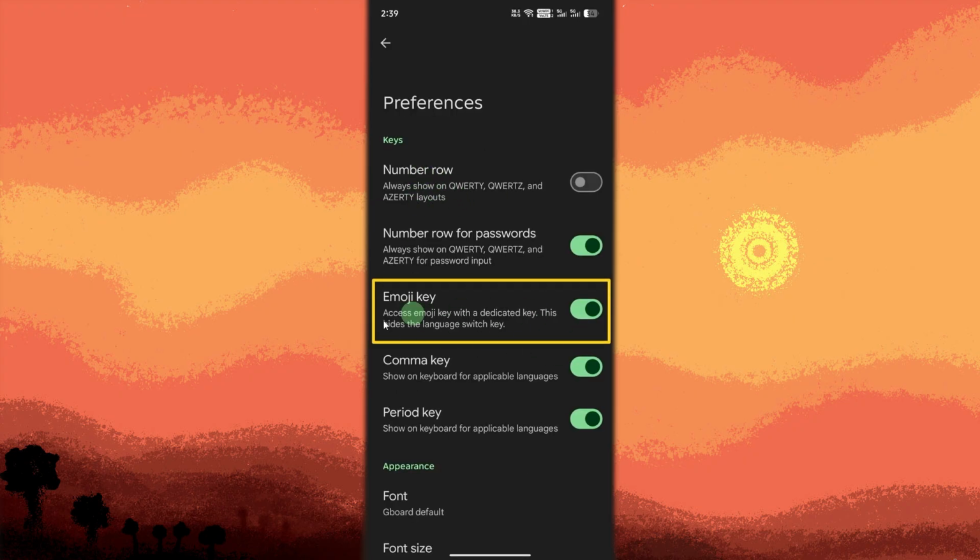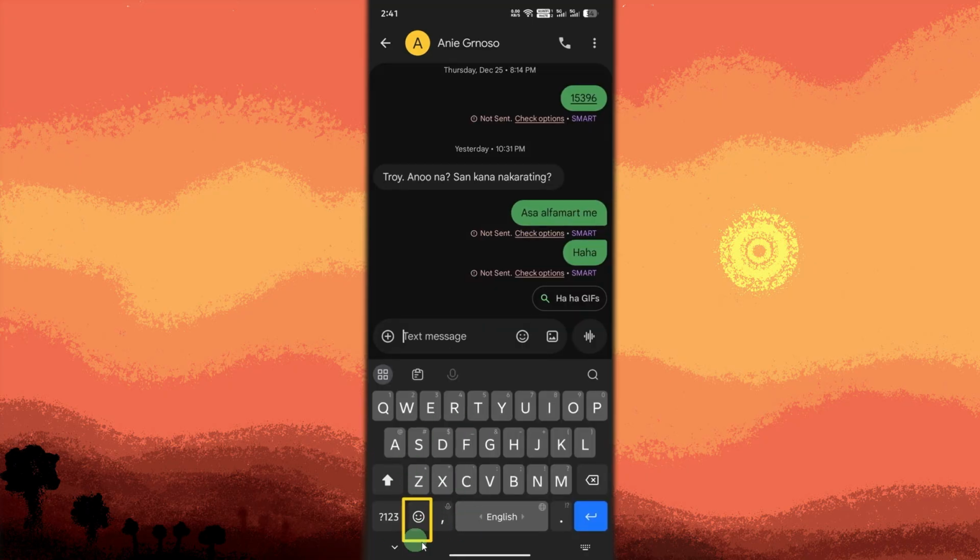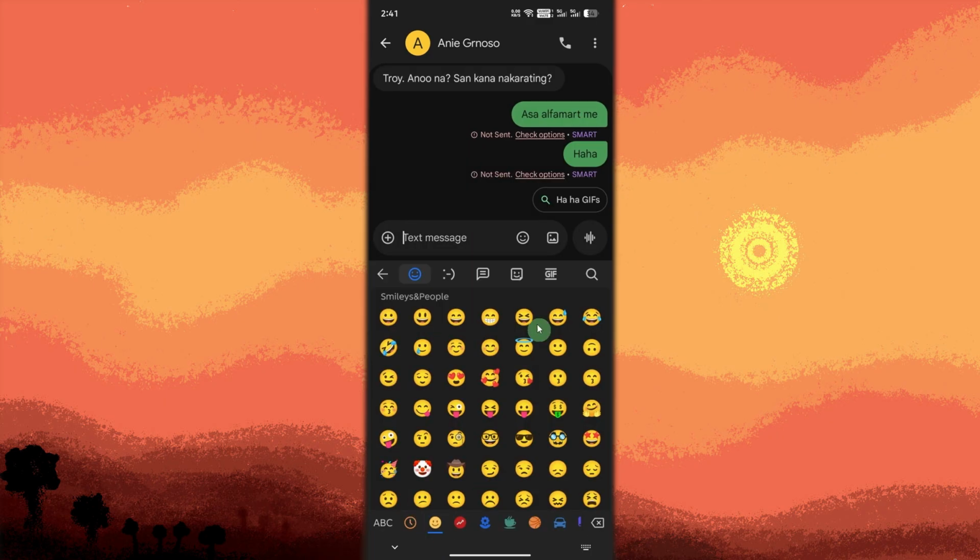Now, open any app where you can type, such as Messages, WhatsApp, or Notes. Tap the emoji icon on the keyboard, browse emojis by category, or swipe, and use the search bar to find new emojis. If emoji is still missing, change the system font or update the Google Play services, then restart your